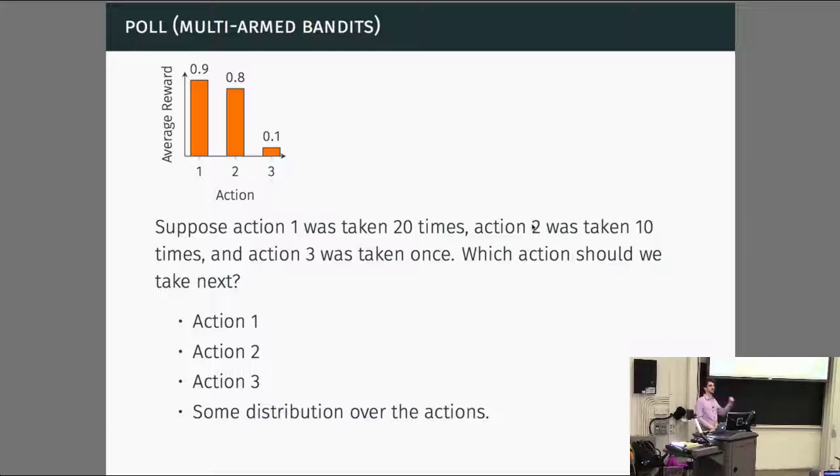So you can either go with what you think is best, or you can try to explore other actions to try to figure out what's best. What you were also getting at, you were saying that you don't know what's best, so let's explore more. And you were saying specifically, let's explore by doing some distribution, because we don't know what's best, we don't want to bias it. So both of you are hinting at the same thing. I'll get to you in a second. But you're giving two opposite arguments for what you want to do, which is interesting.